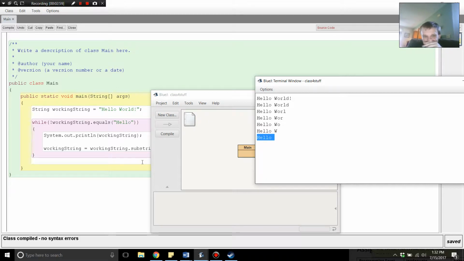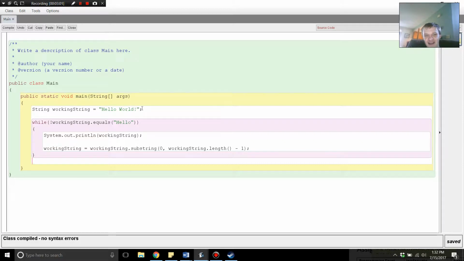How does this work? Well, obviously, first off, we create our base string. We've got working string equals hello world. That's where we're starting from. Okay? We then say while working string does not equal, remember that not is our exclamation point here, while working string does not equal hello, the first thing that we're going to do is we're going to print the string the way it is currently,